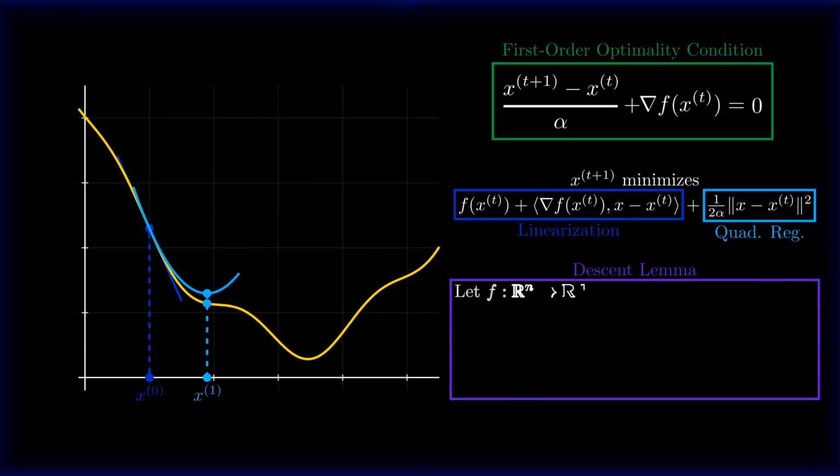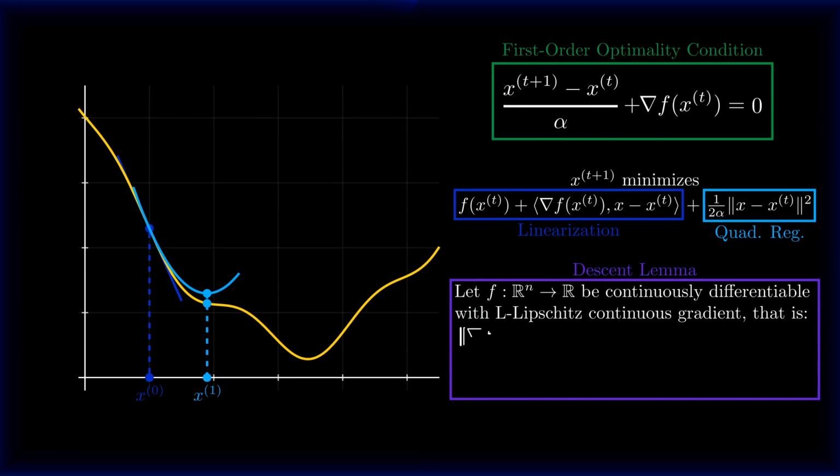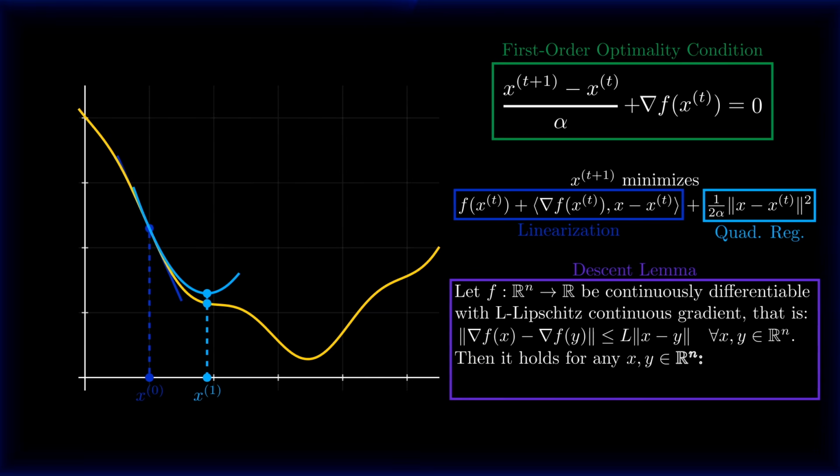And at the heart of this idea is the so-called Descent Lemma, which states that if the gradient of the objective function is L Lipschitz continuous, so the gradient can change at most linearly with slope L, then the absolute difference between the objective function and its linearization around a given point can grow at most quadratically with curvature L. And that means that at every point x, I get a quadratic majorant and a quadratic minorant to my objective function, which are given by the linearization plus or minus the quadratic term with curvature L. And that finally means that